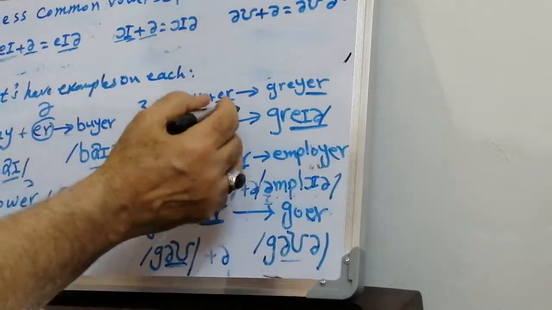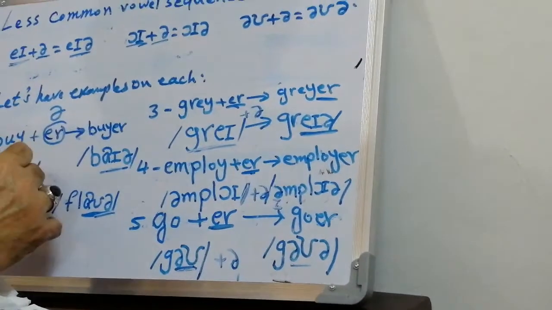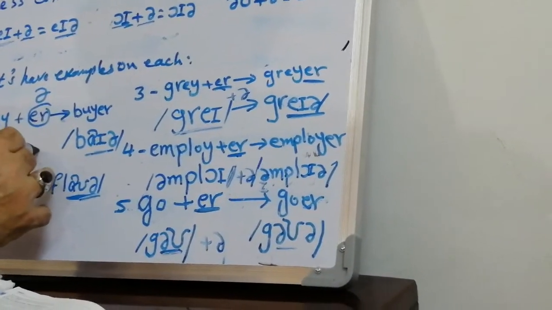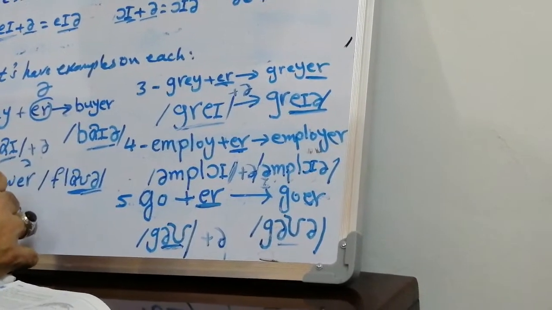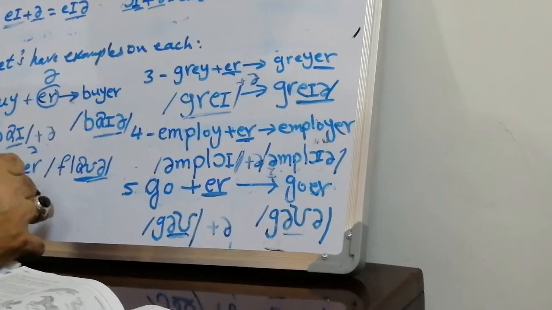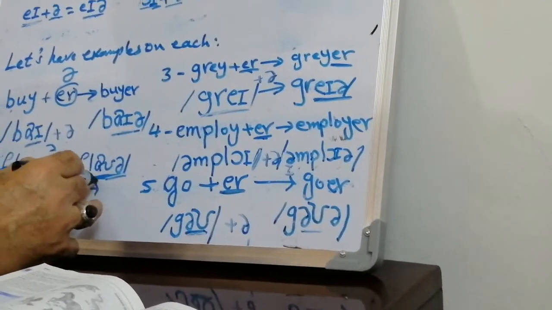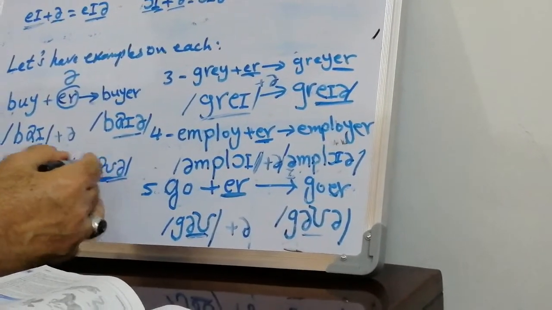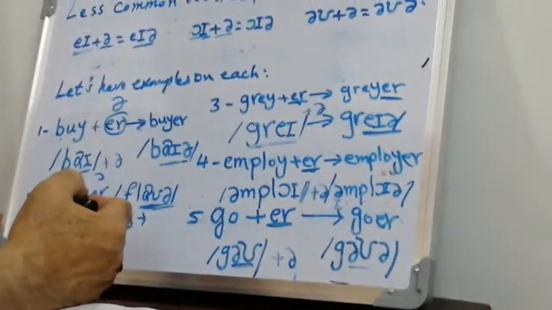"Gray" plus a schwa becomes "grayer". Also here, "I" plus a schwa becomes "aya". Also here, "ow" plus a schwa becomes "flower". Okay, next time we will have